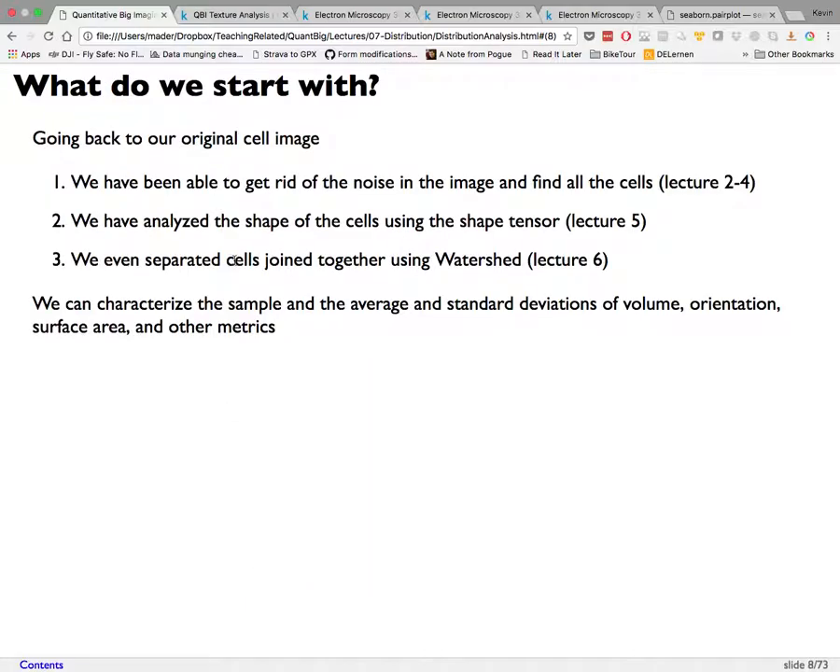When we look at what we start with, we have our original cell image that we've always used as an example in this course. We've gotten rid of noise, we found the shapes, we've even separated joined cells with a watershed transformation. And so we can characterize all of these things. We have average volume, average orientation, average surface area, but that's not necessarily all the information we were looking for